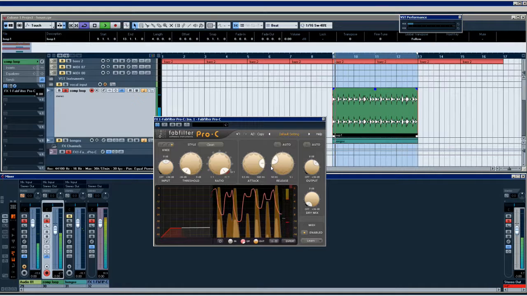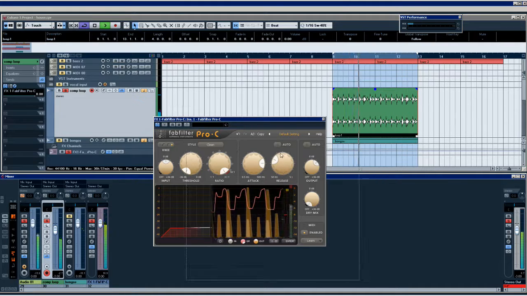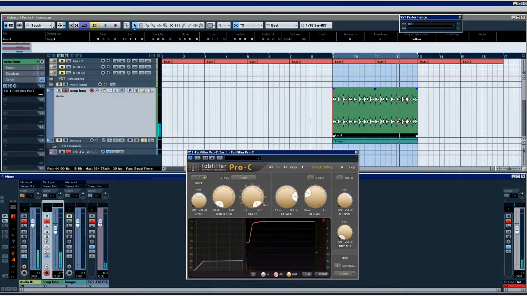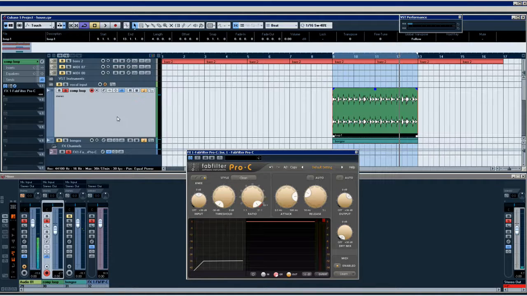Okay, so there, that's your parallel compression again, just in a different way. Basically, you use a send effect, you put on a compressor and really put the settings into heavy duty compression. Again, for the purpose of parallel compression, what we're wanting to do is bring out the transients and the attacks of specific sounds. And then, in the channel that you want to affect, for instance, I've got another channel here,